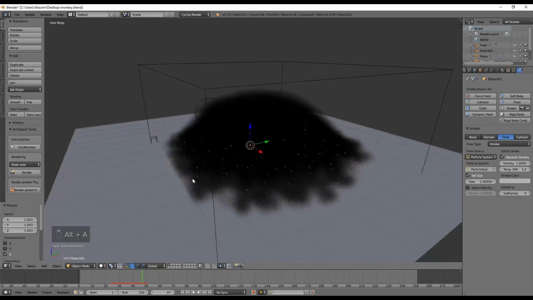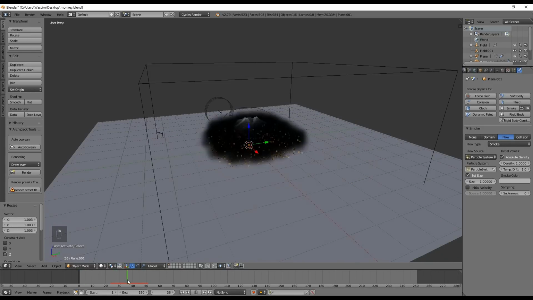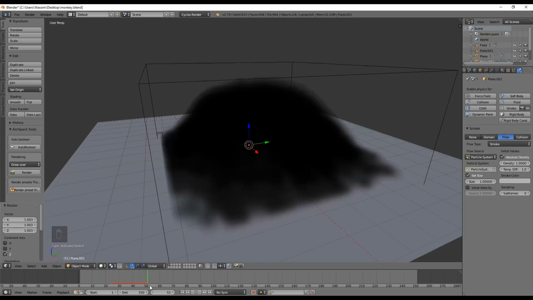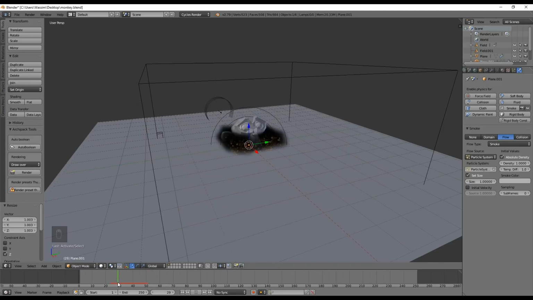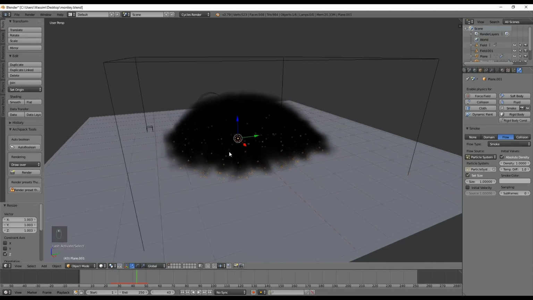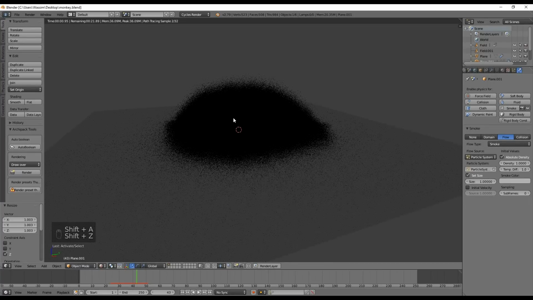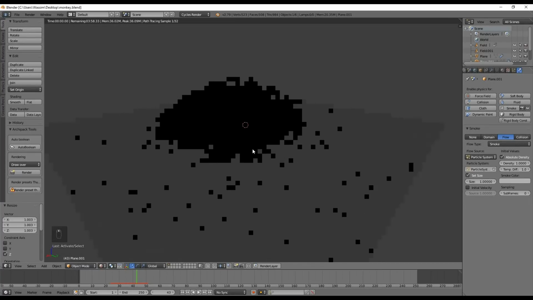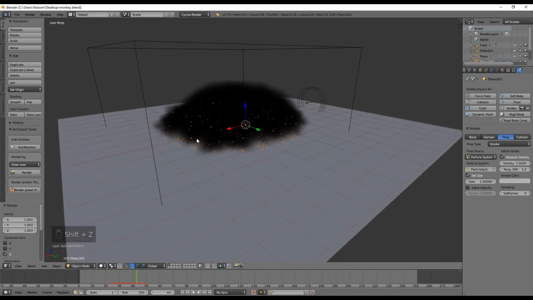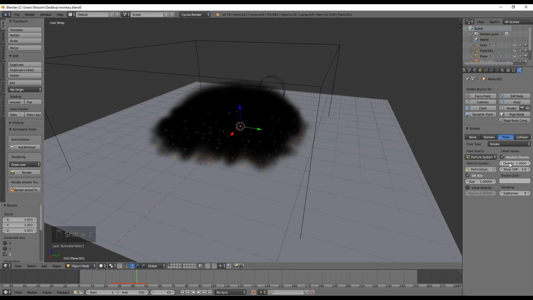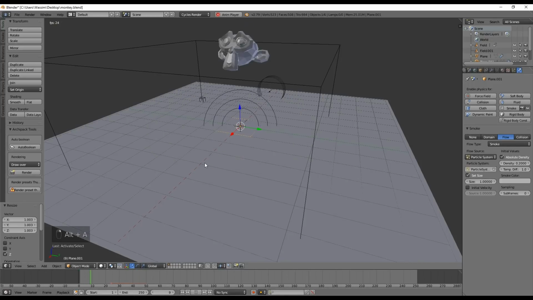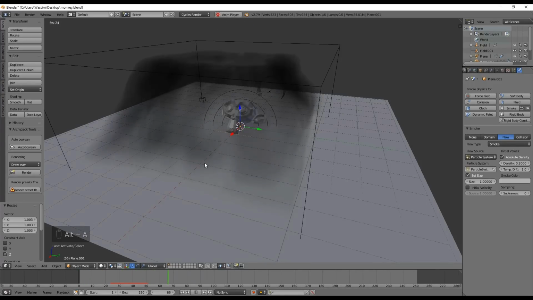The problem is actually the smoke is too thick for what we want to achieve. So if I save my file, and we do a quick render here, you can see that the smoke is too dense. So what we're gonna do here is play a little bit with the density. I'm gonna drop it to 0.2. And as you can see here, the smoke is a little bit